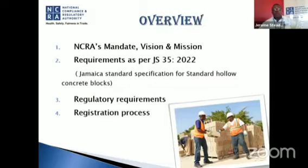So today we'll be looking at the NCRA's mandate and trying to show you exactly what the NCRA is about. Our CEO did a great job in explaining. I'll just underline a couple of little things, and then we'll look at the vision and also the mission of the NCRA. Then we'll go into the regulatory requirements of the JS35, this new JS35,